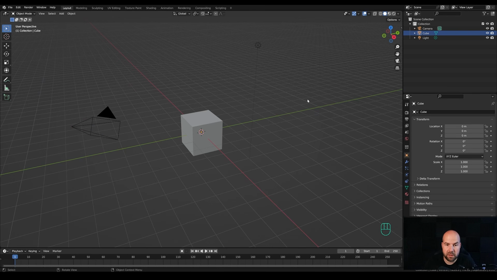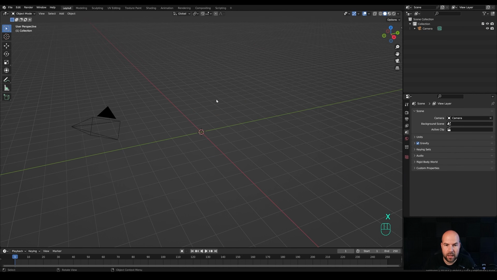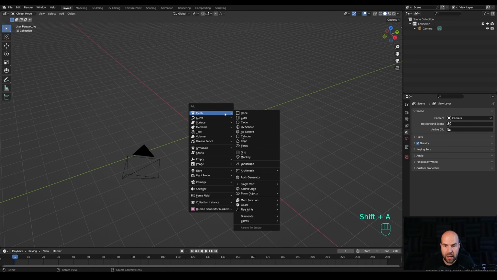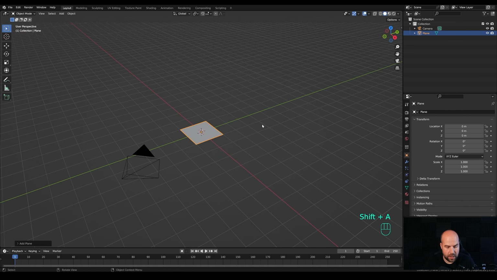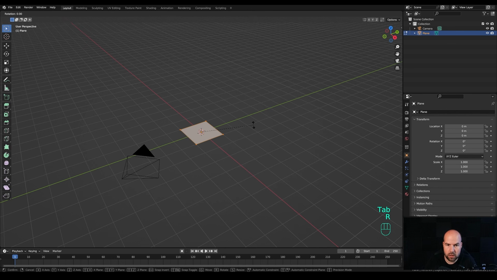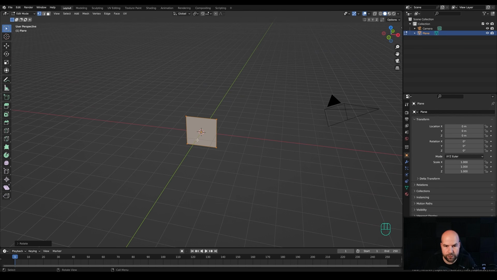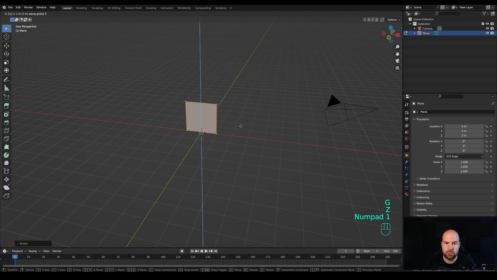Now let's jump right into an empty Blender file, and first of all let's leave the camera in place and just select everything else. Press X and delete. And first I'll need a shape for the conveyor belt, so let's press Shift A and we'll add a plane. Now tab into the edit mode, press R, then X and 90 to rotate this 90 degrees. Let's confirm. And now we'll make it smaller, but first I want the origin point to be at the bottom, so press G, then Z and 1 to move this 1 meter up, and let's confirm.